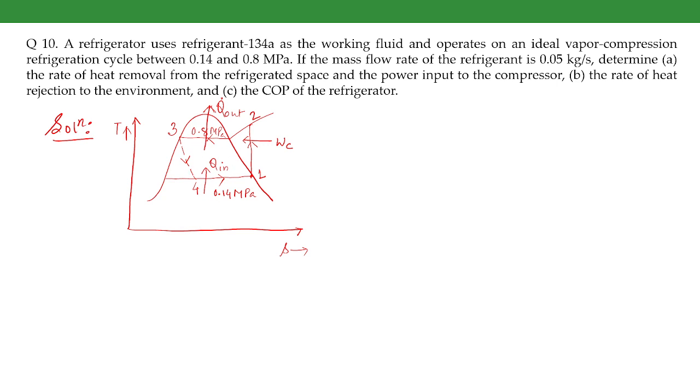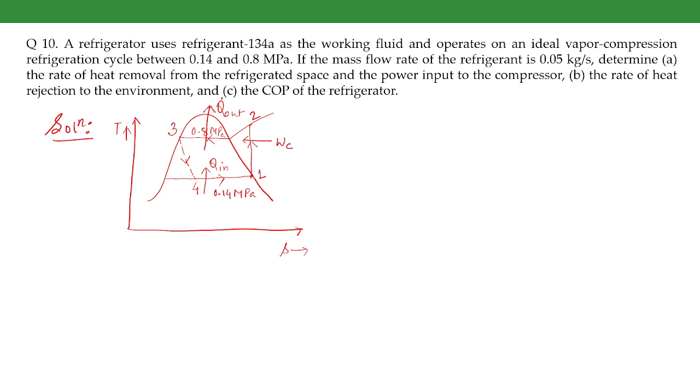Now if the mass flow rate of the refrigerant is 0.05 kg per second, determine the rate of heat removal from the refrigerator space and the power input to the compressor, the rate of heat rejection to the environment, and the COP of the refrigerator. So this refrigeration cycle,